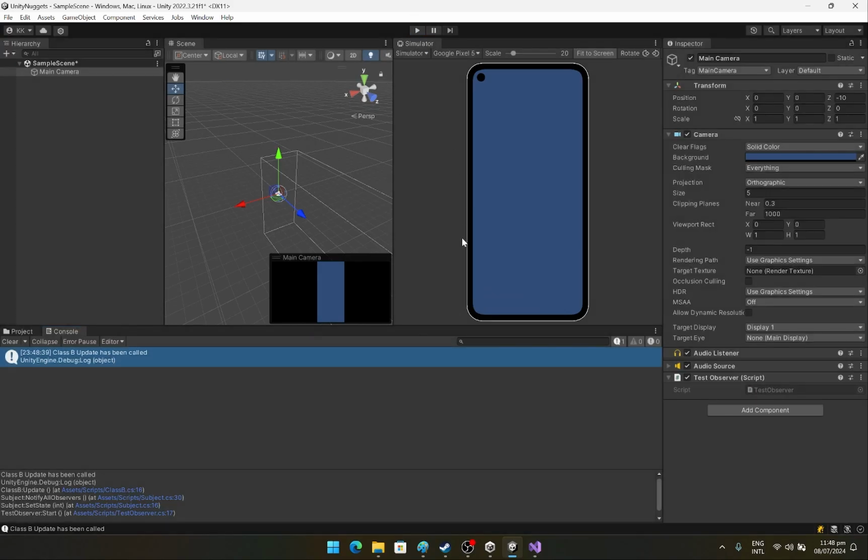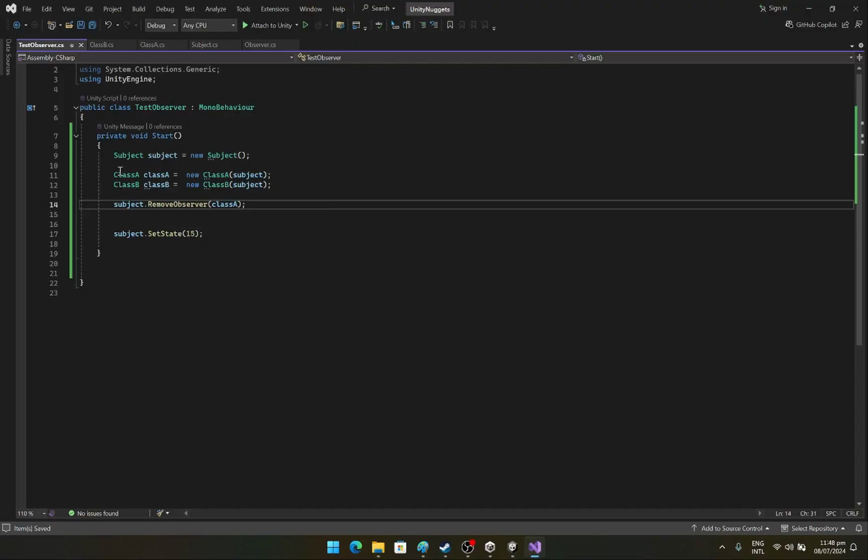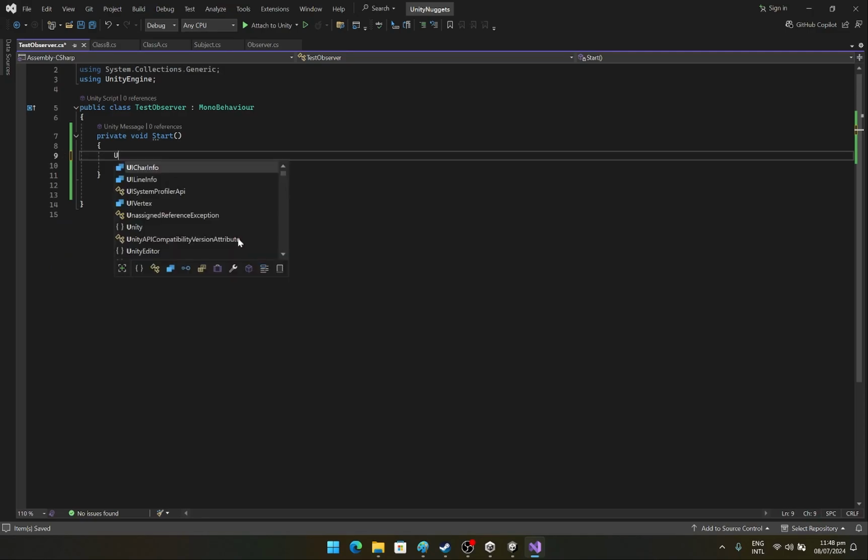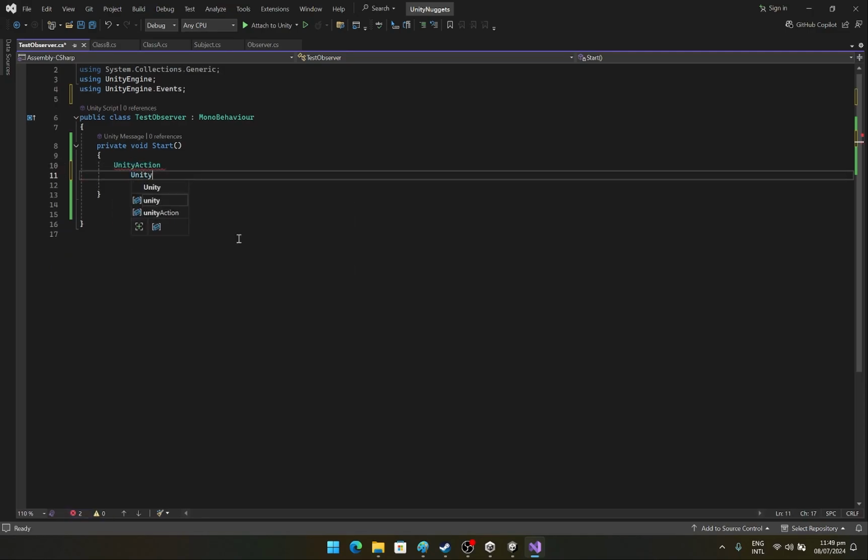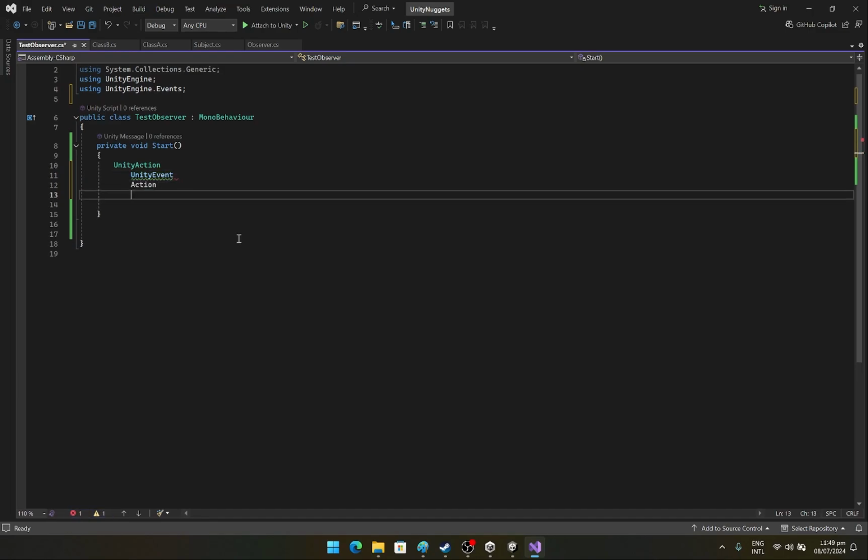So this is the basic way in which an observer pattern works. Now this same pattern, we don't need to create all of these, they were just for the sake of explanation. This already exists inside Unity in the form of Unity action, Unity event, a normal action, a C# action, and a C# event. So all of these have already implemented observer patterns, and I'll explain all these in another tutorial, but I hope the idea of how the observer pattern works is clear, and I